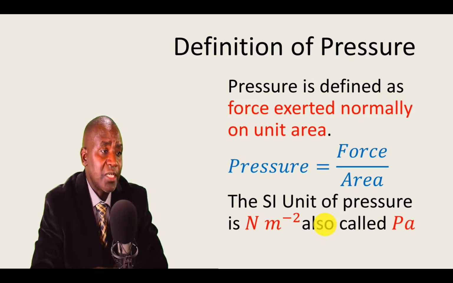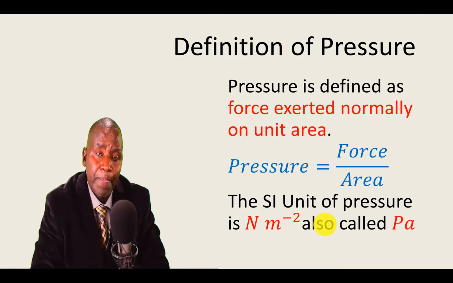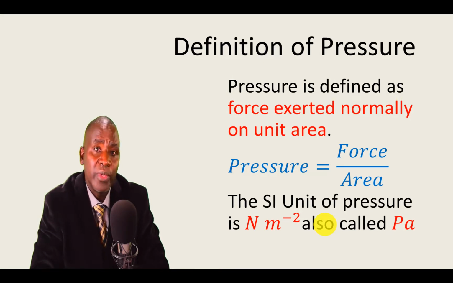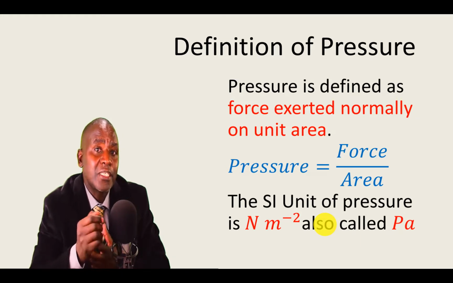So the equation which stems directly from this definition is this one: pressure equals force over area. So you're able to use this equation to calculate pressure if given force and area, or calculate force if given pressure and area, or even calculate area when given pressure and force. This involves the use of the triangle, a concept that I've covered when I dealt with density. So look for the lecture entitled Measurement 1, where I dealt extensively with the use